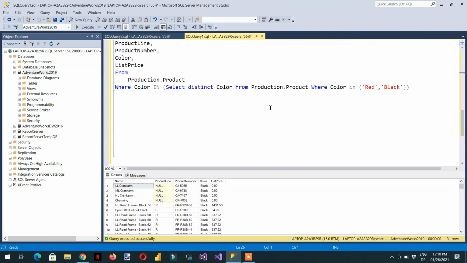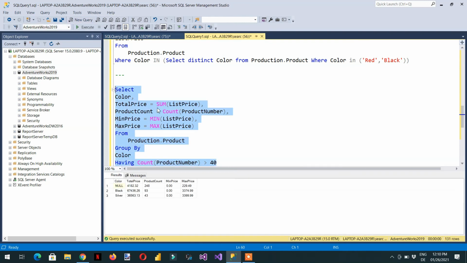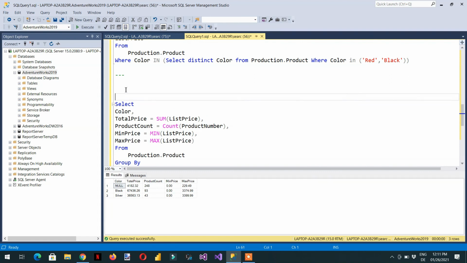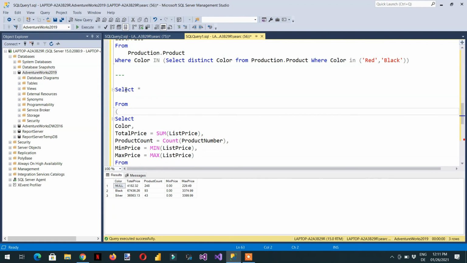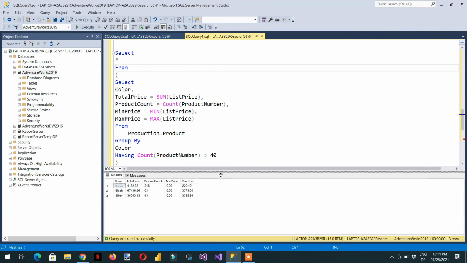Another flavor of subquery, let me write this one. So here you can see we have implemented different group by, aggregate function, having clause, and if I execute, I'm getting this result set. So here we have to use one more select asterisk from and close this one. So if I execute now,